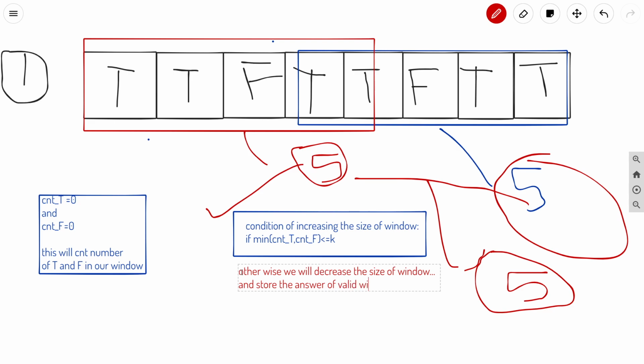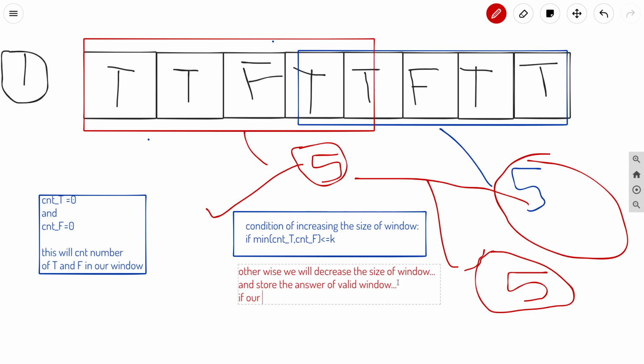I have also shown you how we can check whether the window is valid or not. If the current window is valid, we store the size of this current window, otherwise we store the size of the previous window.